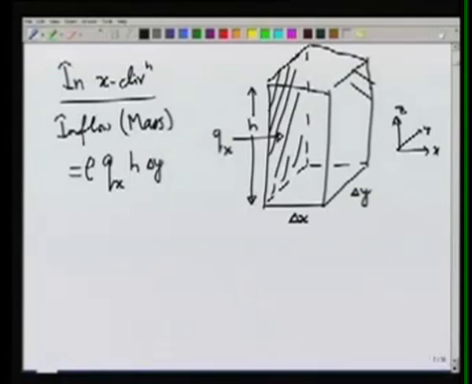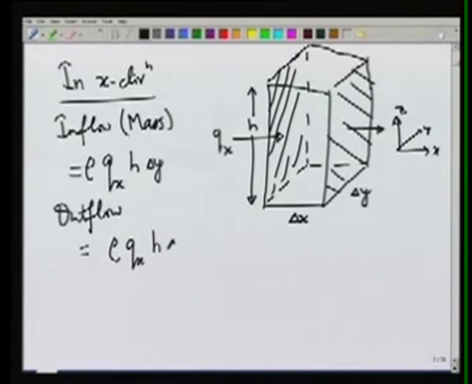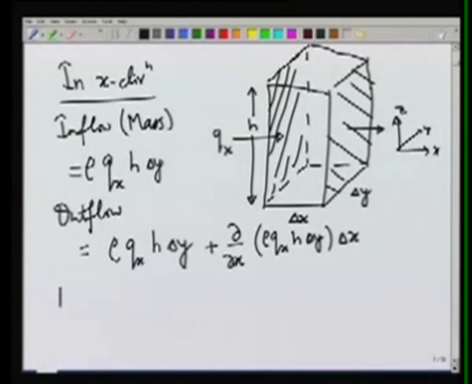There is some mass which is going out in the x direction from the right hand face. So we can write that outflow as, using the same methodology as we used before, plus change of this quantity multiplied by the length delta x. So if we consider the x direction flow from both faces, the net inflow of mass would be equal to minus